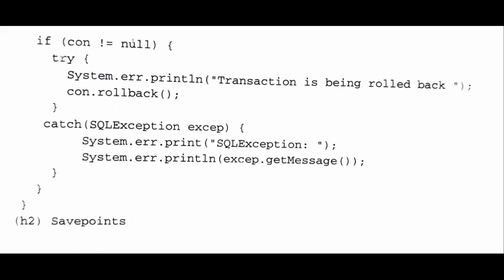If the connection is not null, the transaction has to be rolled back. The variable used over here should be database, because that is the variable for the connection object.